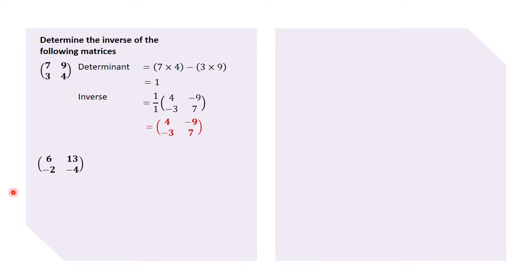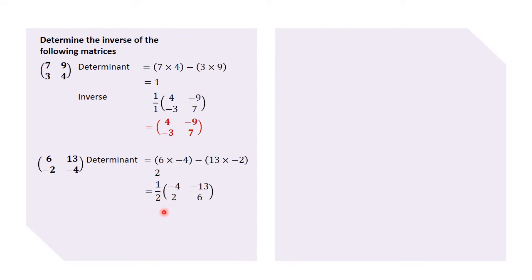Another example for us here, we have 6, 13, negative 2, negative 4. Again, the determinant will be 6 times negative 4 minus 13 times negative 2, and the answer will be 2. The determinant is 2. Therefore, the inverse will be the reciprocal of that 2, that is a half, times